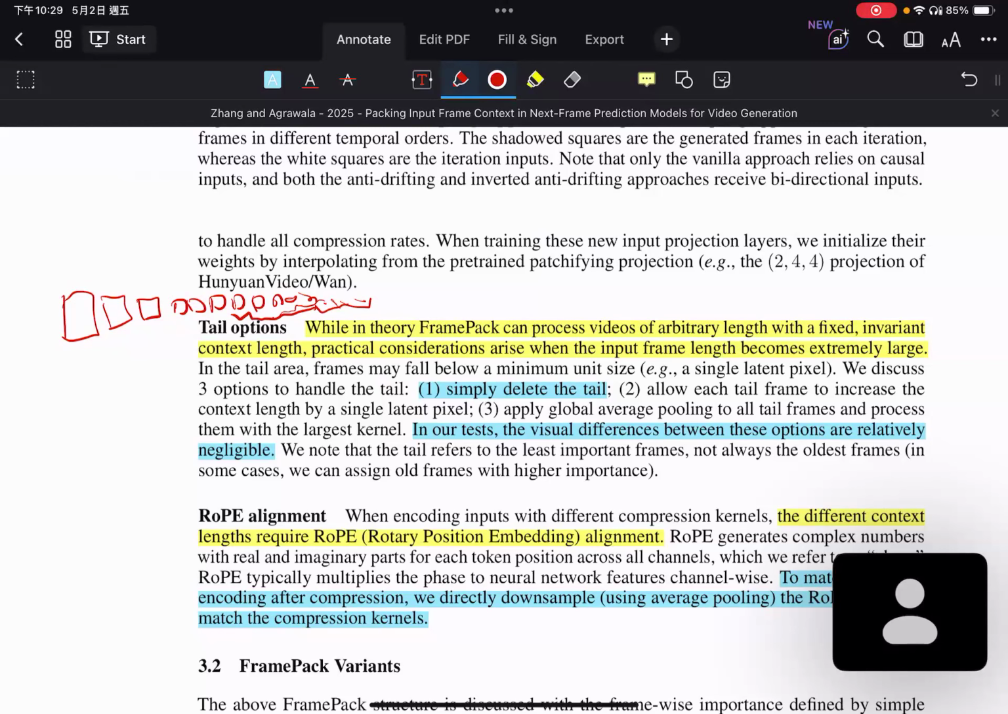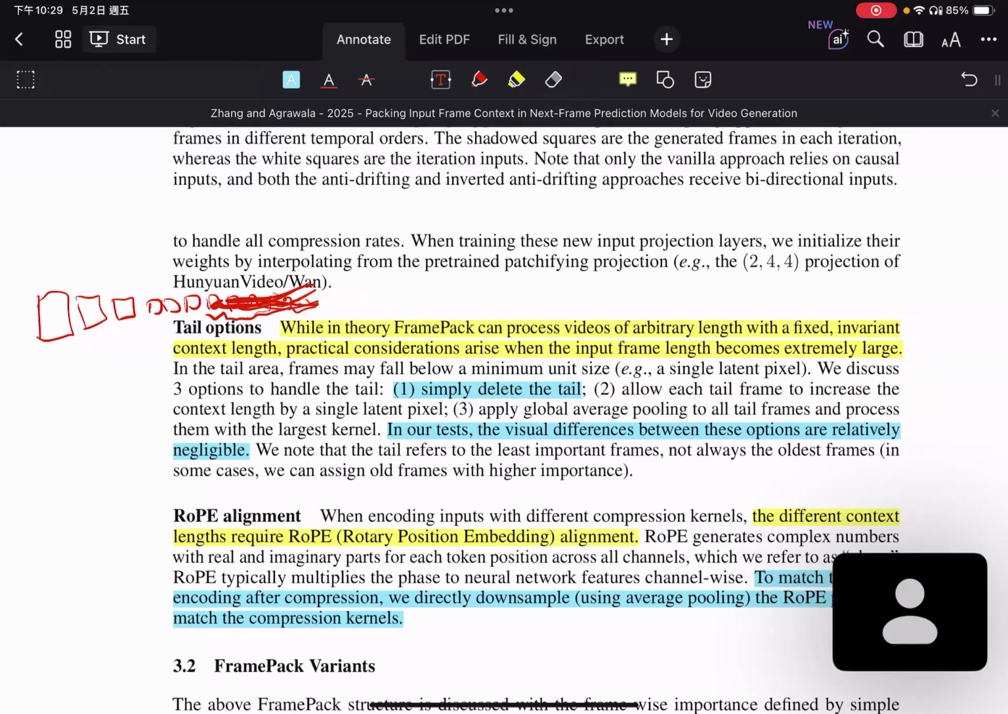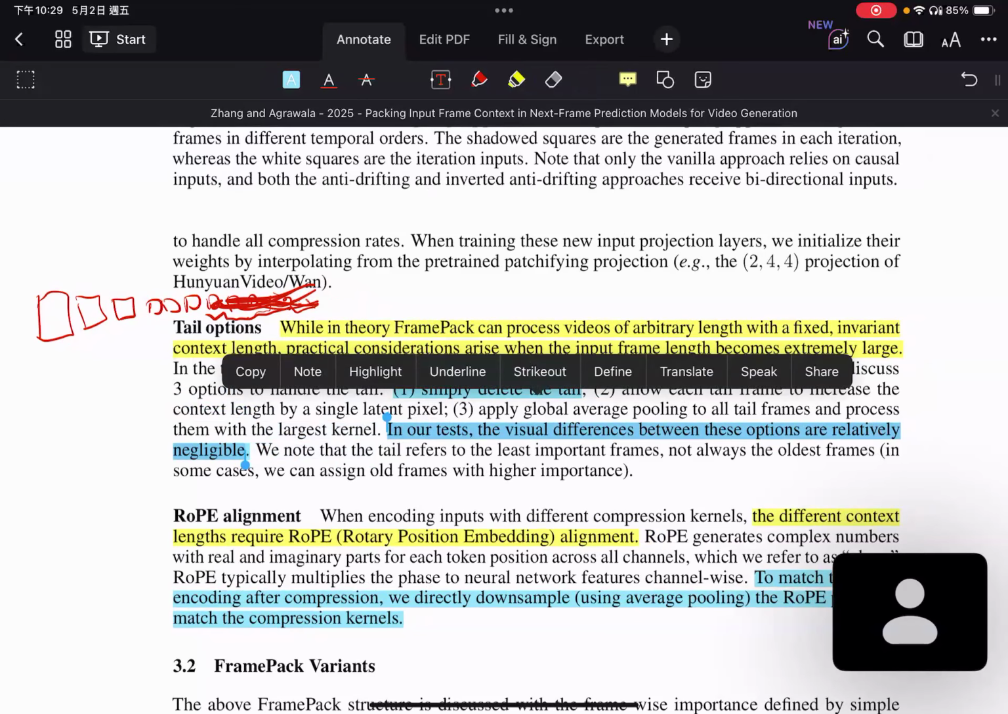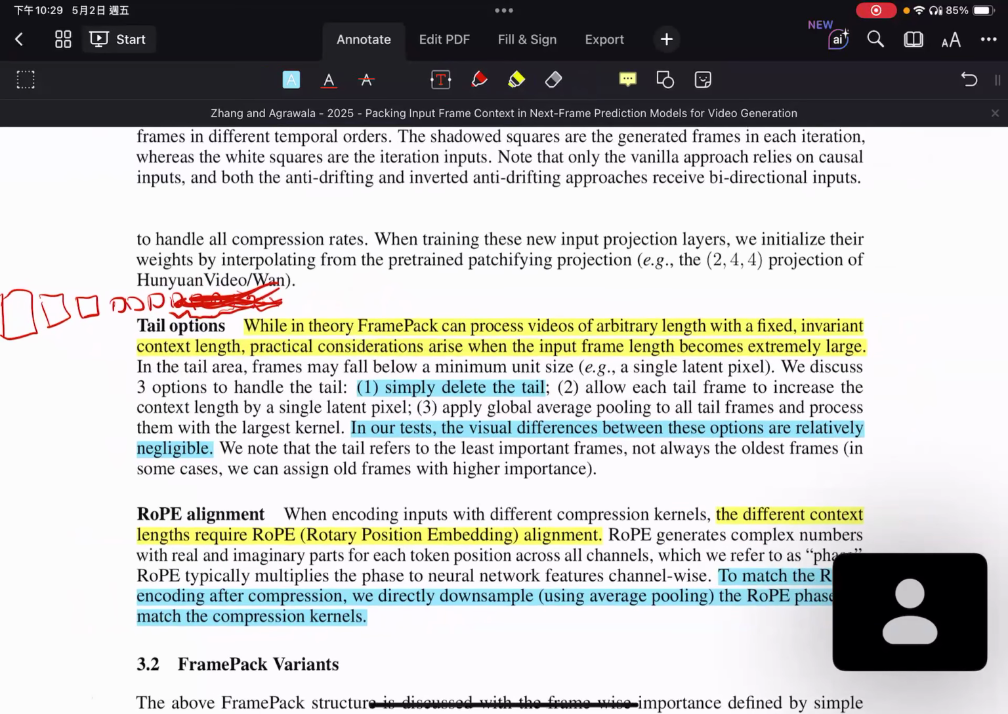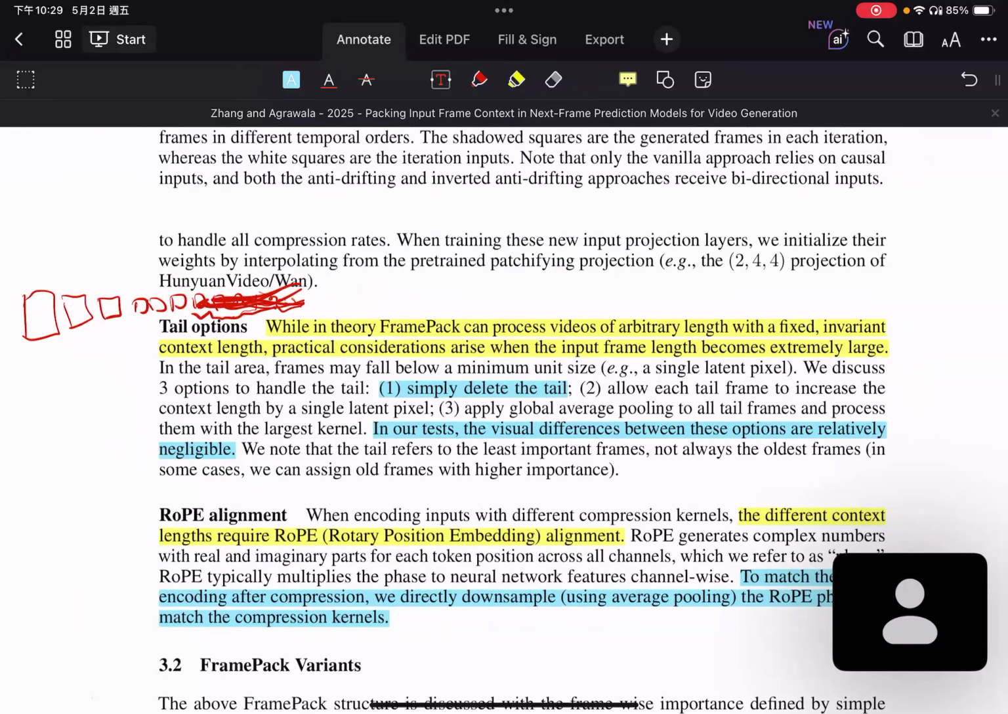So the author discussed three ways to handle the tail. Maybe we can simply delete those, or we can do some average global pooling, or we can allow the tail frames to increase the context length. I think this is a straightforward way to think of it. But the authors think in their test there are no visual differences. So I think we can just dump the tail frames, because when you compress this to so small,